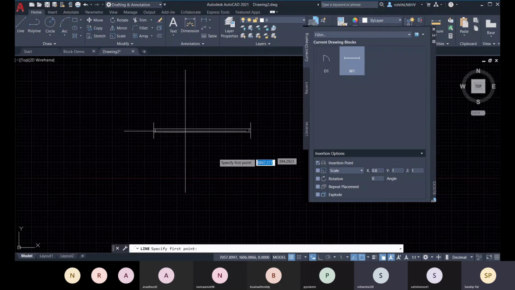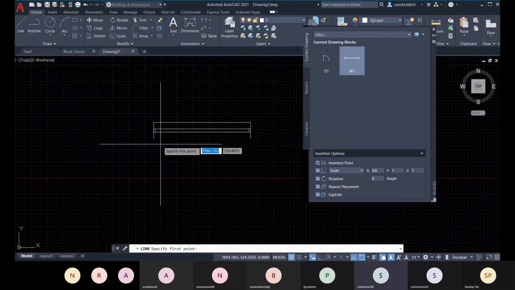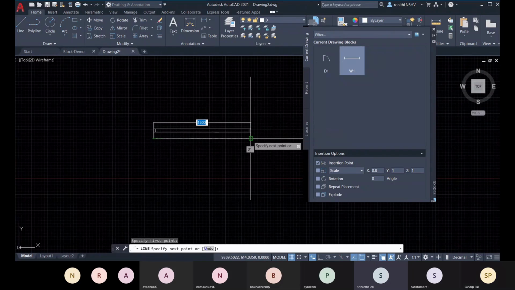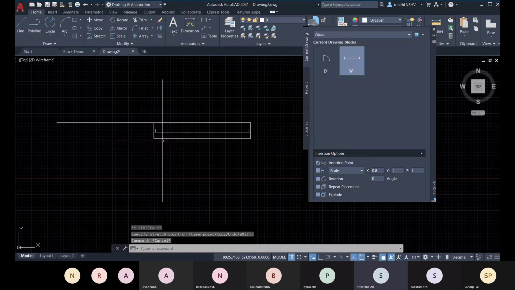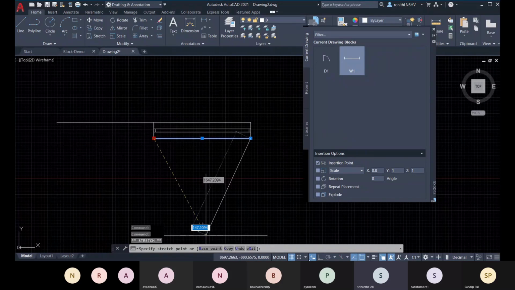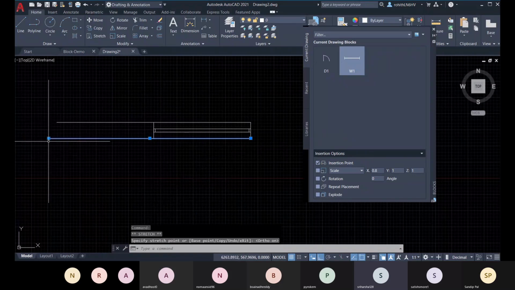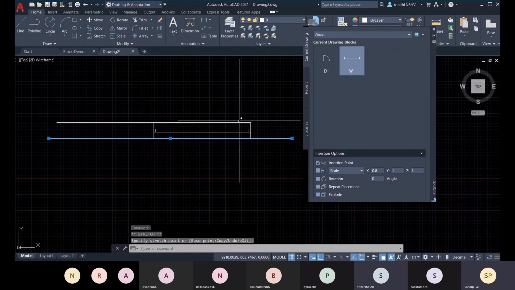My wall is there. This is the wall. So it will not be changed.